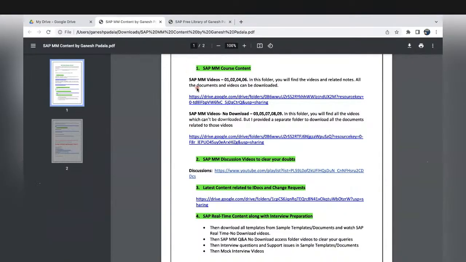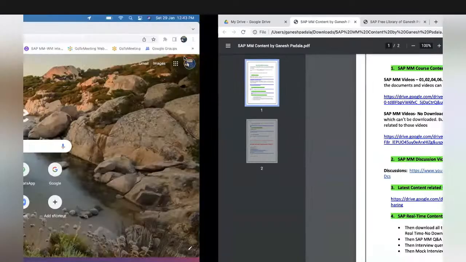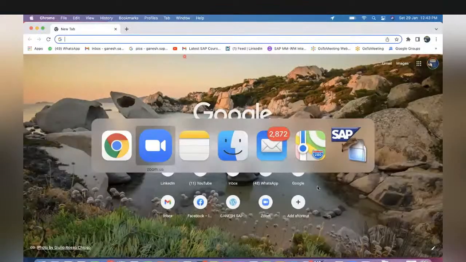Sometimes I used to add some new documents or something, so you don't get any notifications when I add any new data. Okay, what you are going to get is that information. For example,